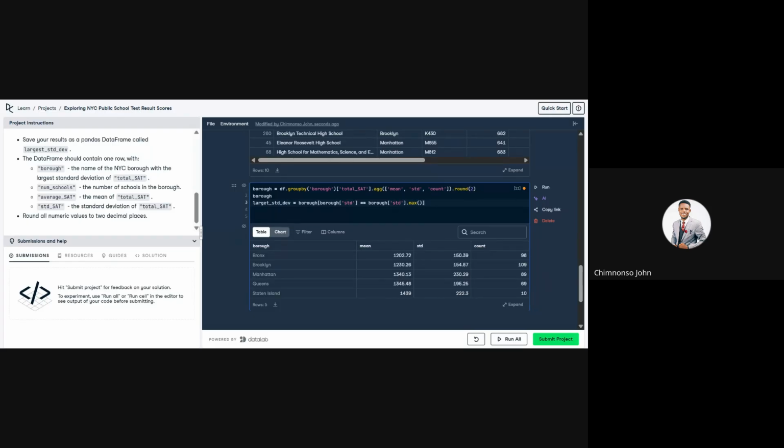I need the largest, all right? But I can't get the largest if I don't sort the values of this. So I think I need to sort the values. All right, I need to sort the values, sorting them by